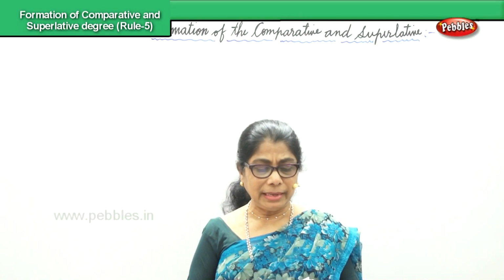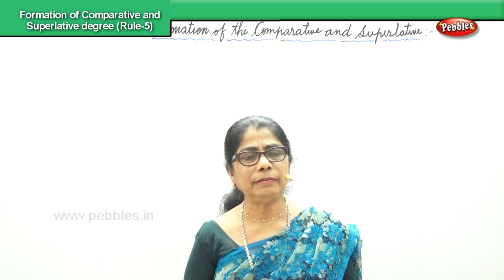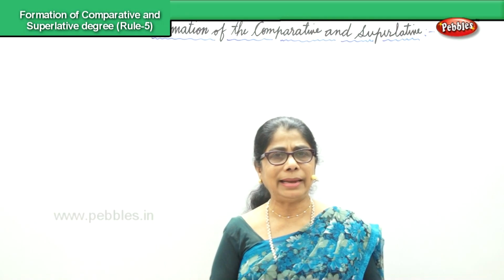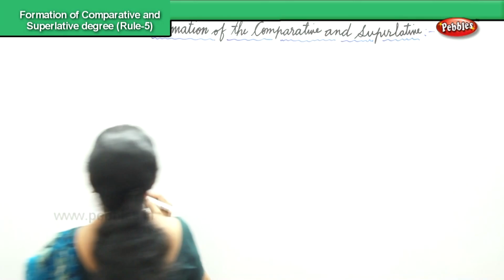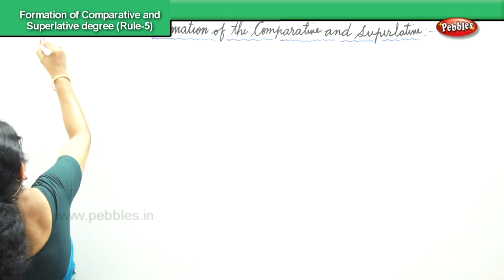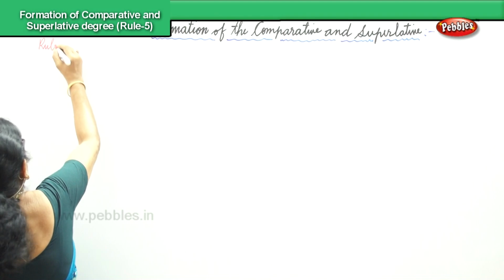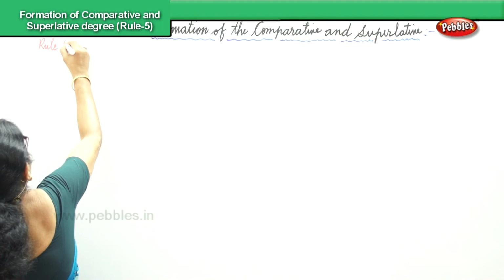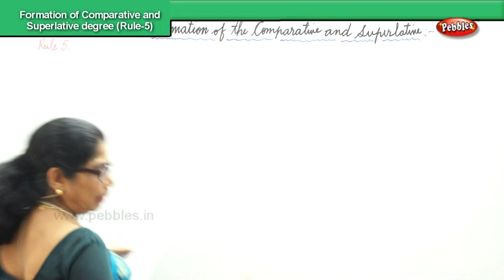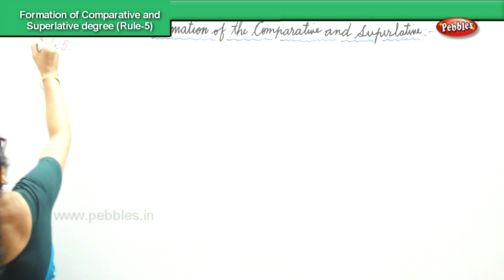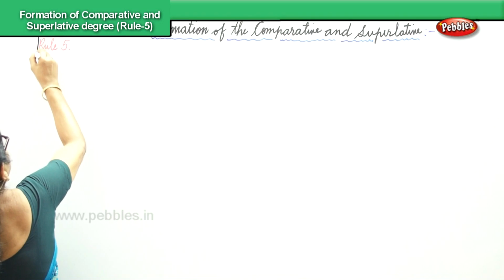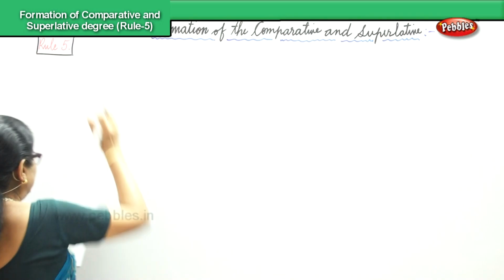We come finally to the fifth rule in the formation of the comparative and superlative degree in adjectives. What does the fifth rule say? Let's look at it. Rule number 5 says